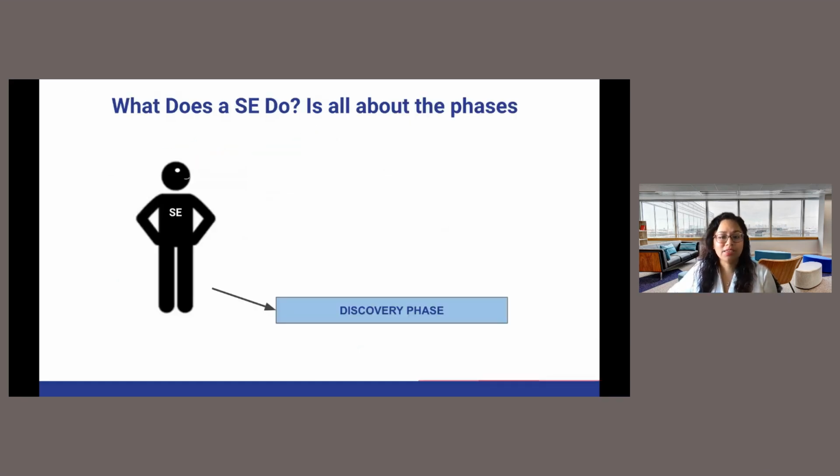Now, SEs can be engaged during different stages of the cycle. The first cycle that I have included in here is called the discovery cycle, or the initial phase. Sales engineers will work with the sales representatives on the account team to develop relationships with the customers, to identify their needs, and find or design solutions to meet those needs. That happens in this phase.